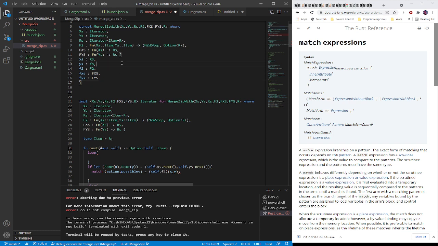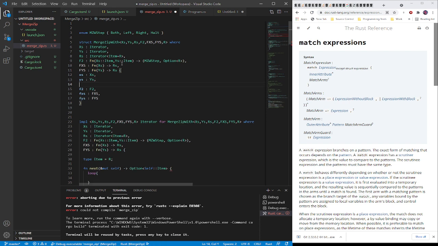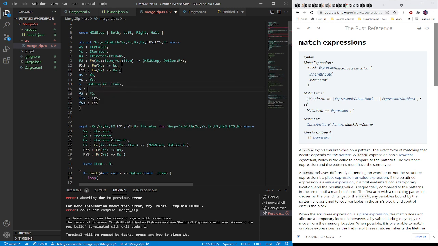So what I think I actually need is something like an X, which is an Option of XS item, and a Y, which is an Option of XS item,